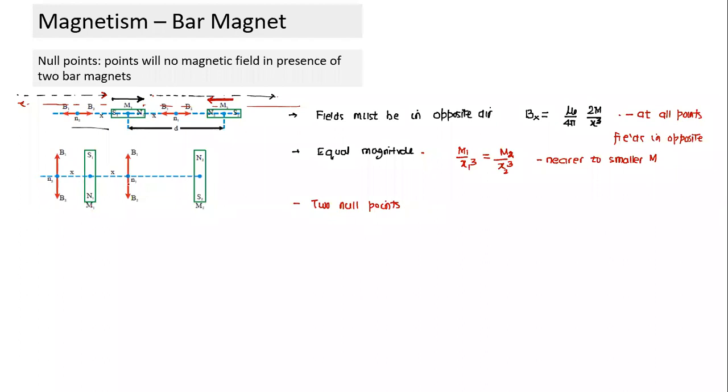How about this orientation? In this case, the magnets are kept perpendicular to, let me call this the x-axis. The magnet orientation is perpendicular to that axis. Another thing we notice is the orientation of the magnet: M2 in this case is like this. This is the orientation of M2. And what is the orientation of M1 in this case? The orientation of M1 is downwards.